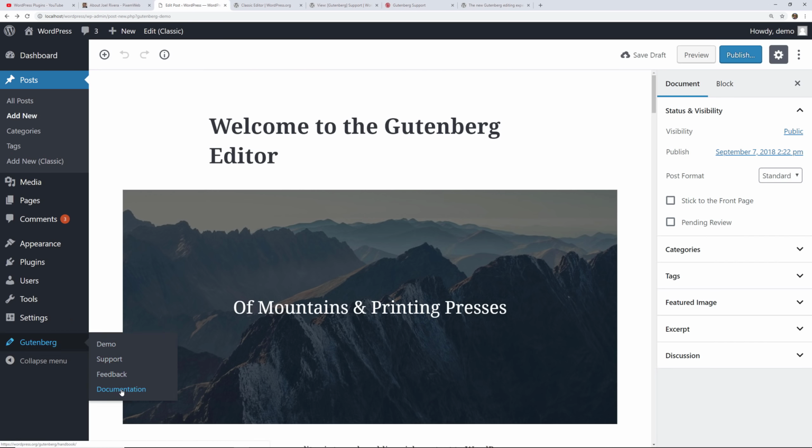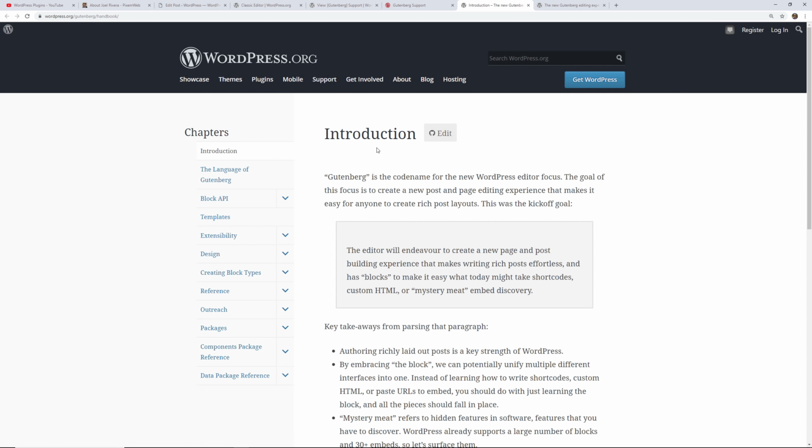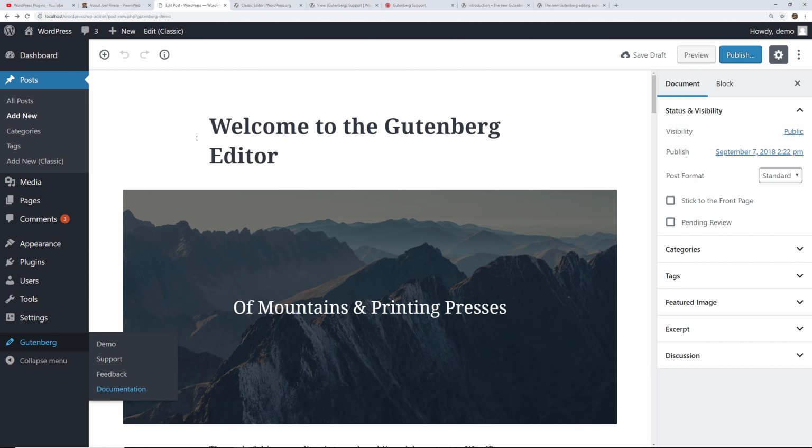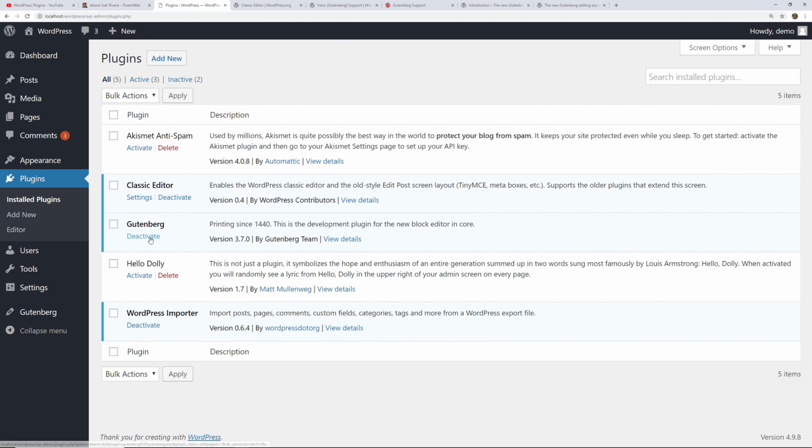And then if you want to look at the documentation, let's open that up. This is the introduction and the handbook for Gutenberg itself. You can get a full rundown of everything related to Gutenberg. So that's good. Now what happens if you just take a look at the installed plugins and you